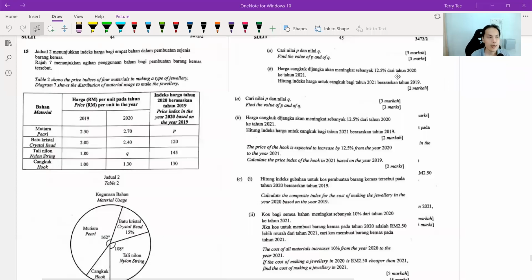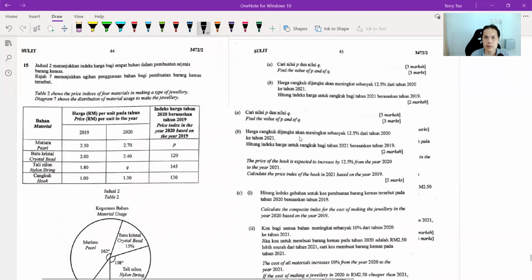Okay, let's move on to the last question. This is index number. I'm putting it next to each other, easier for us to see, so I don't have to move up and down. So here we have a diagram that shows distribution of material usage to make jewelry, and the price index is given in the table. All right, so here the first part,